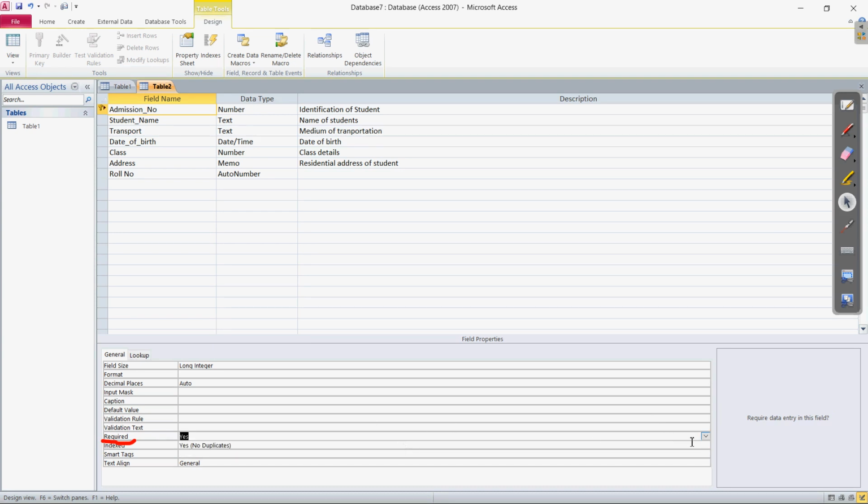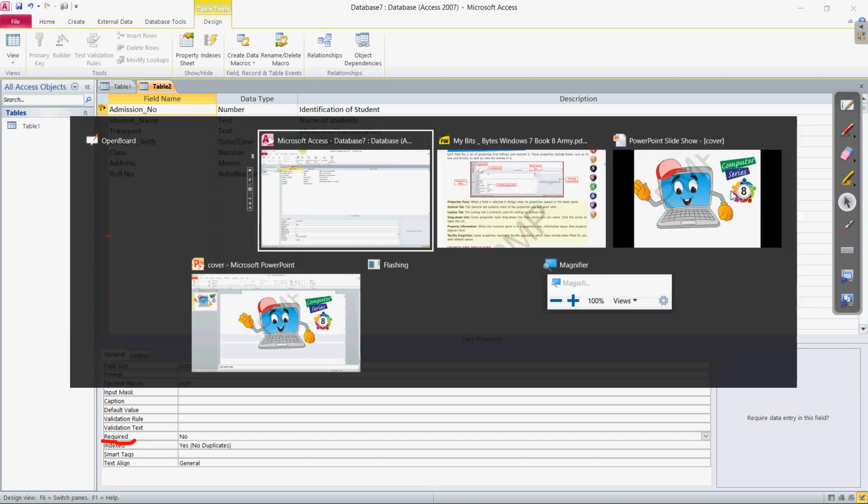So this is the yes/no button, in which you can choose any of the values according to the property, according to the field you are choosing. By using that you can set the yes and no. Okay, so this way we have seen the field property, the General tab, Lookup tab, and the drop down list, then yes and no. After that we have seen the field information area. Okay, now coming back to the book.